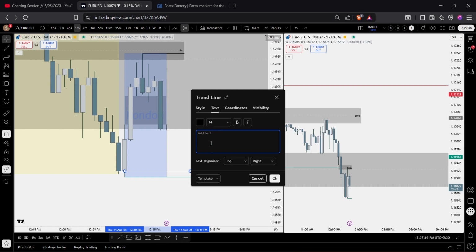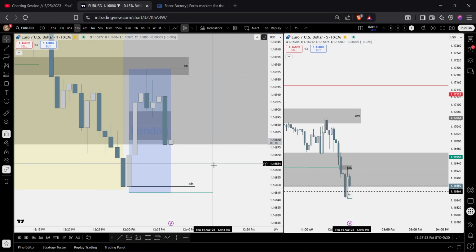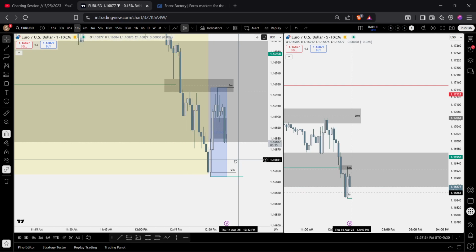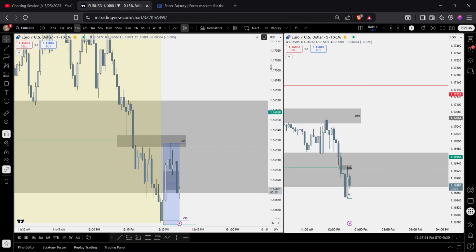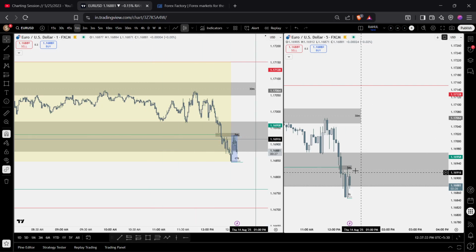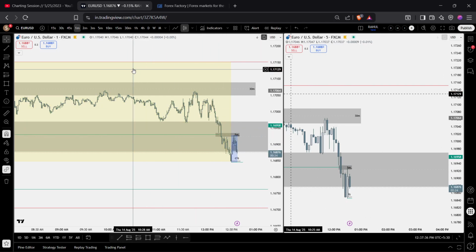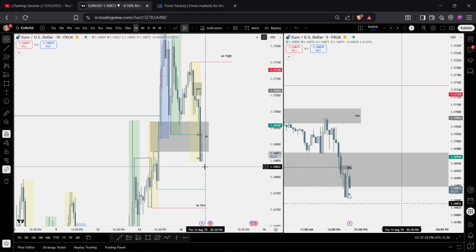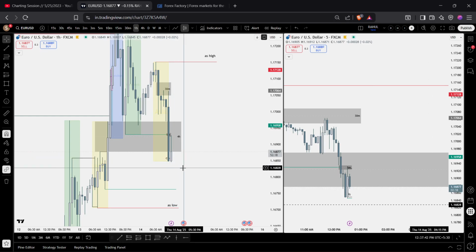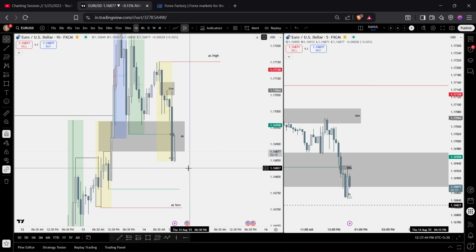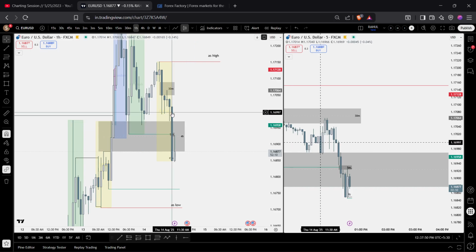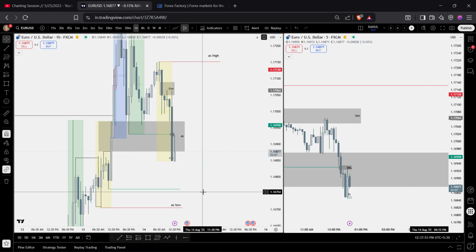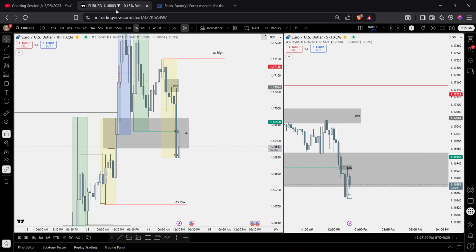Initially it can or cannot manipulate here and go higher, but overall the trend is bearish as it broke through this 4 hour FVG. See, the 1 hour did break through the displacement. We are getting a rejection. It can also be a retracement, sweep some high and come down. Overall my draw is bearish.